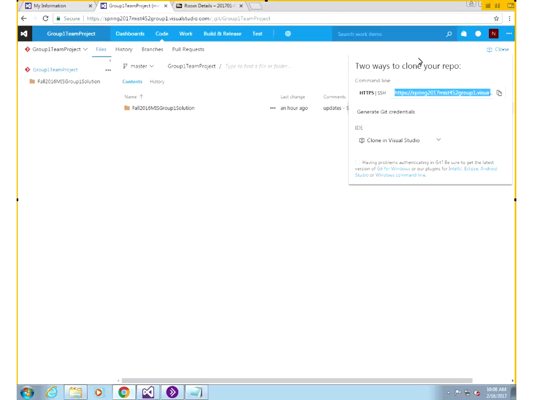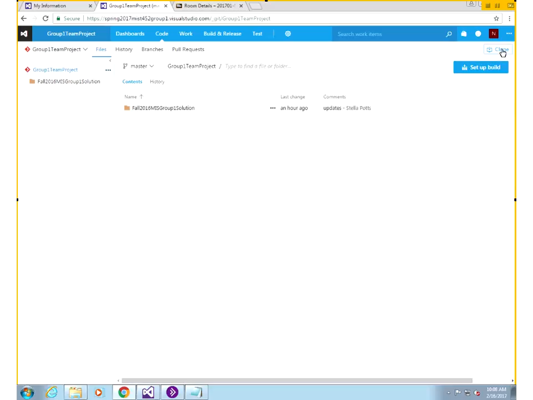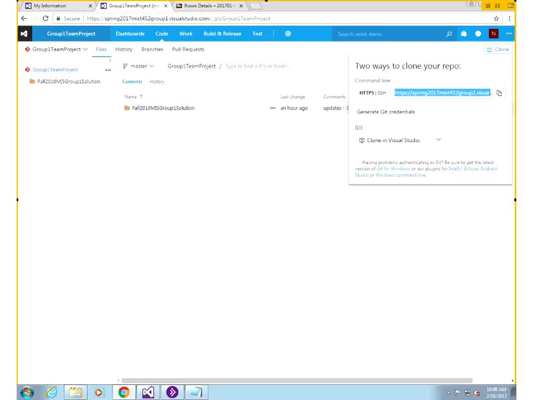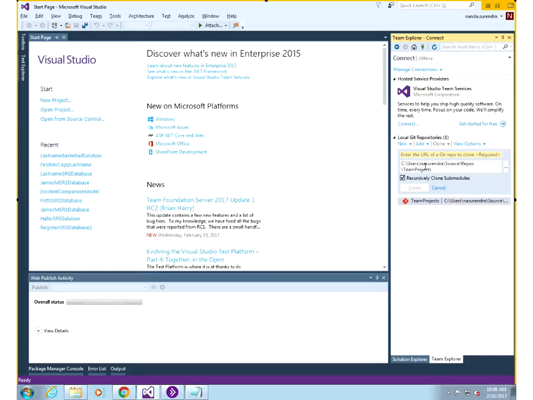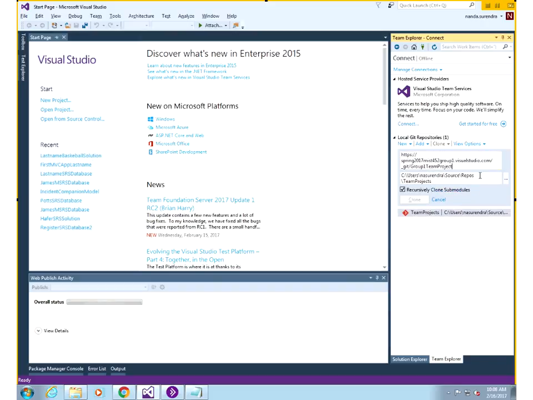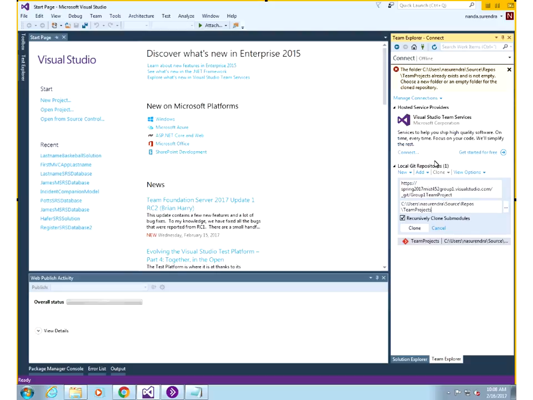So the way I got this, let me go back to clone. It gives me these options. So I'm just copying and pasting the URL into this location here. And if I do that, it's going to